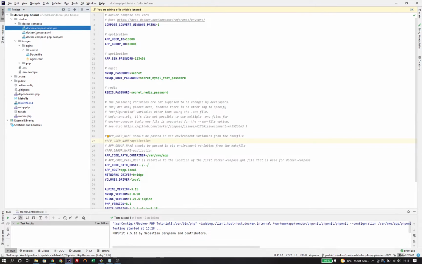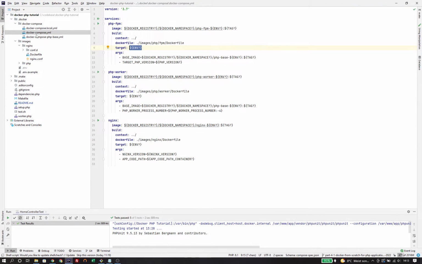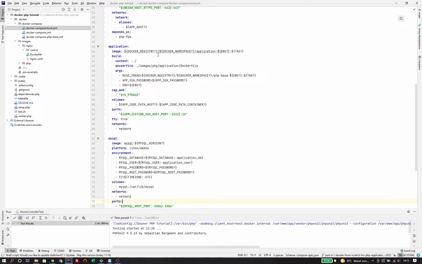Let's start with Docker Compose. The first thing to note here is that we have 3 different Docker Compose files. The usual Docker Compose file defines all the services that are used in all environments. An environment being my local development setup, CI/CD, and also production. This file is used in conjunction with the Docker Compose.local file that